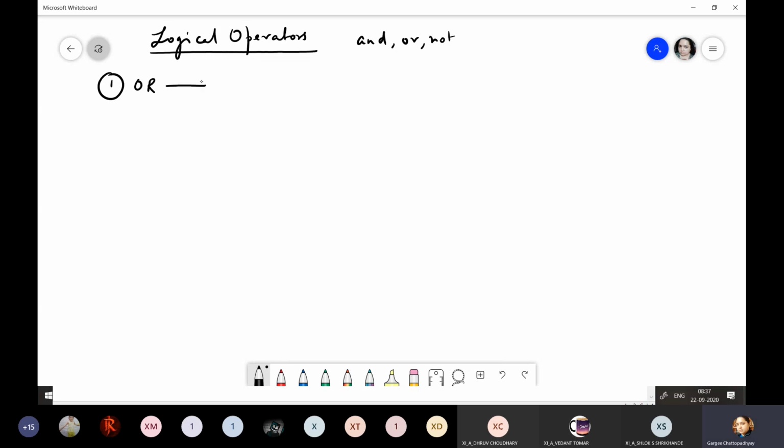So out of which we are going to see the or operator. Now first thing, what does or say? If x and y are two expressions, on either side of or, on either side of or,